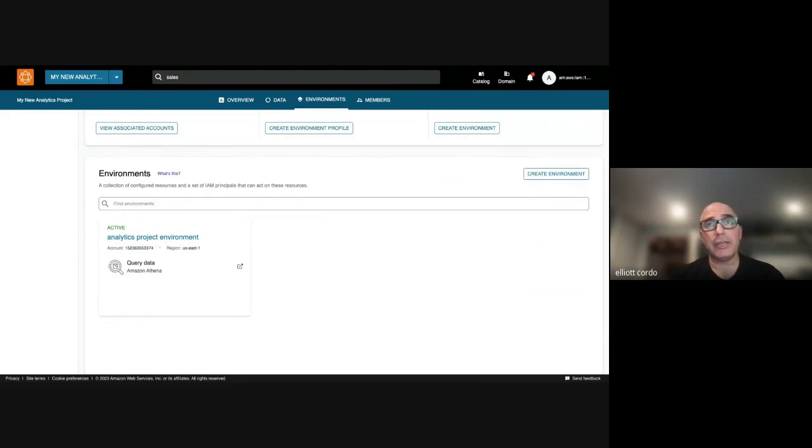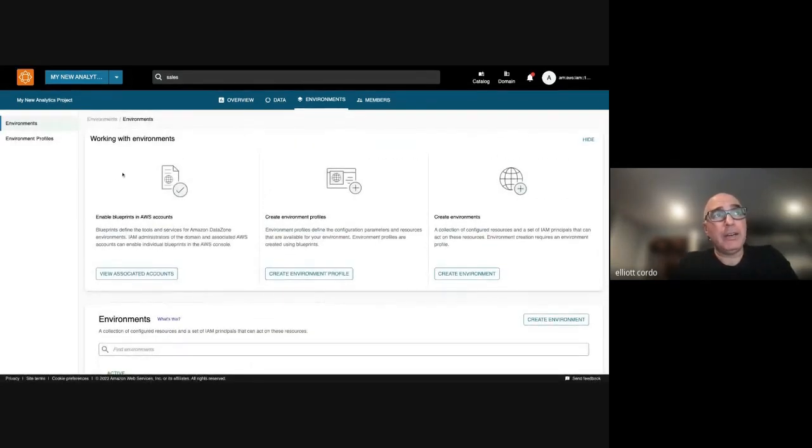So that's a really high-level whirlwind tour of what's going on. I think the big changes, other than the UI being improved, are this more solid idea of what an environment is, an environment profile, and a blueprint. And obviously they've done some things in the security model to make it a little more rational. I remember, I tried to reuse some of the roles, which was probably my big problem from pre-GA, and I remember it being completely janky to set up. That's why I stubbornly said I'm going to try to reuse this stuff, and it didn't work. So yeah, that's basically it.